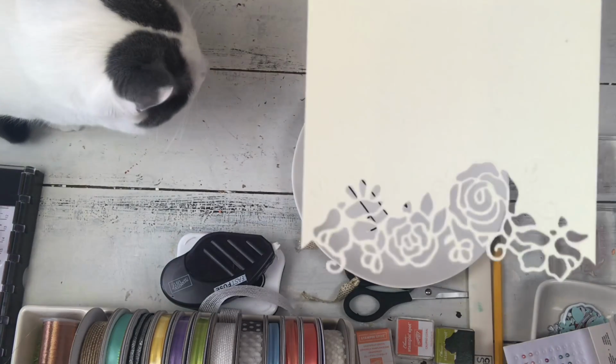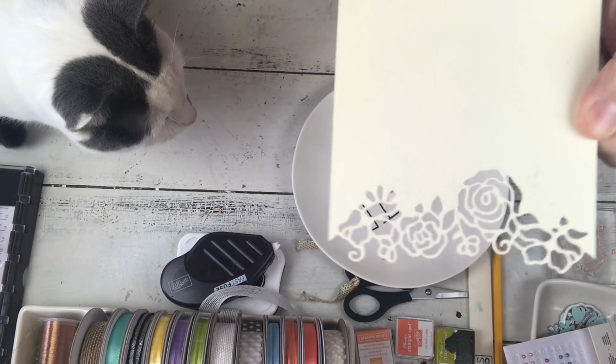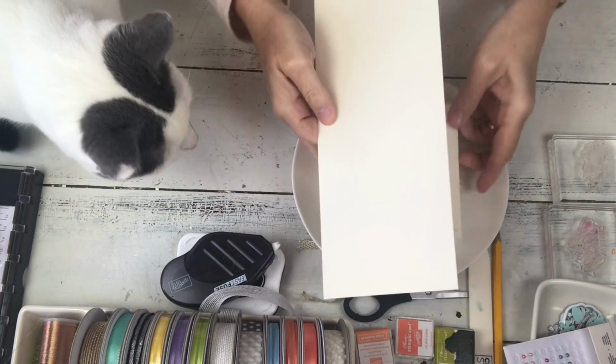So you can see that it cut those out, and then it also here has where it's given a nice little imprint. So the reason I'm going to use the Stamparatus is because now what I want to do, this is designed